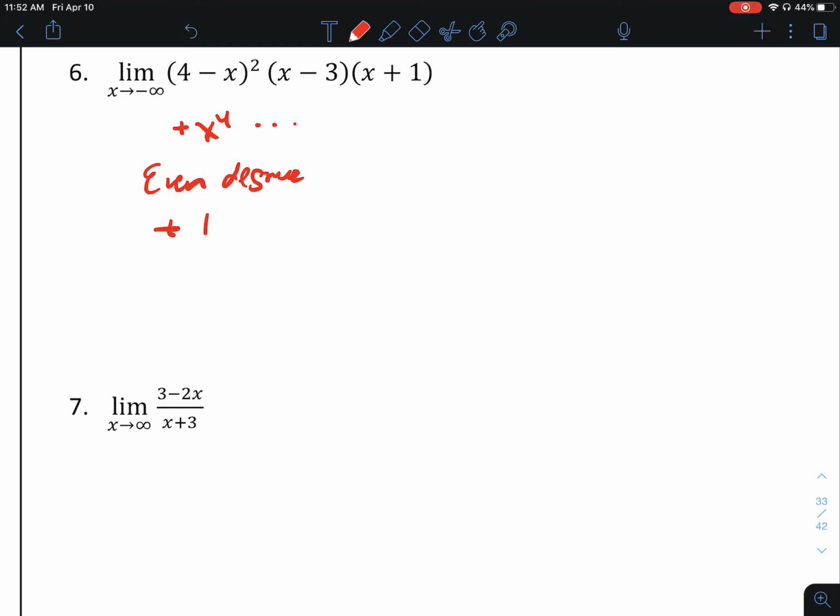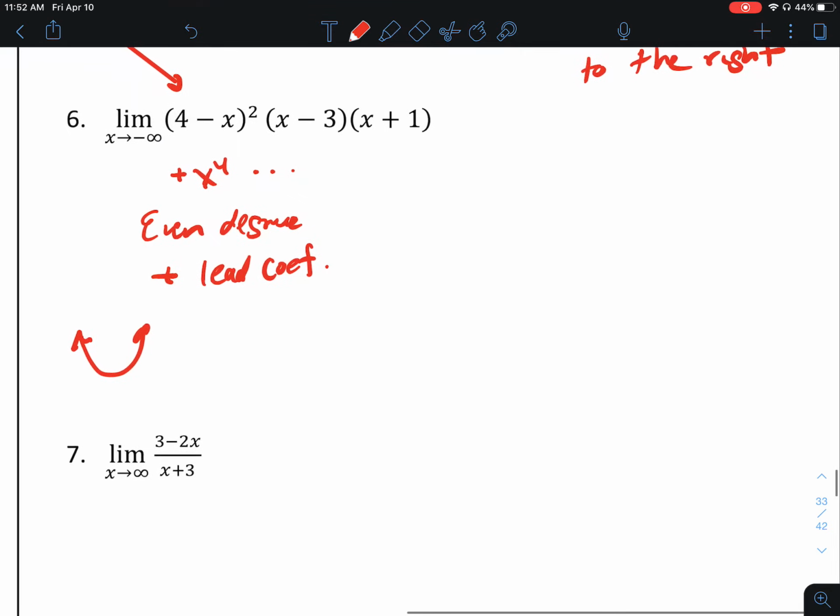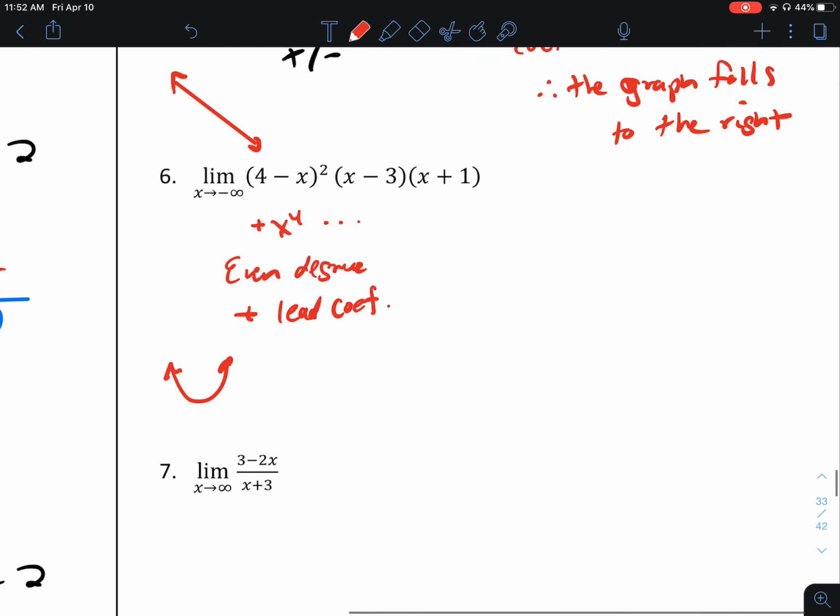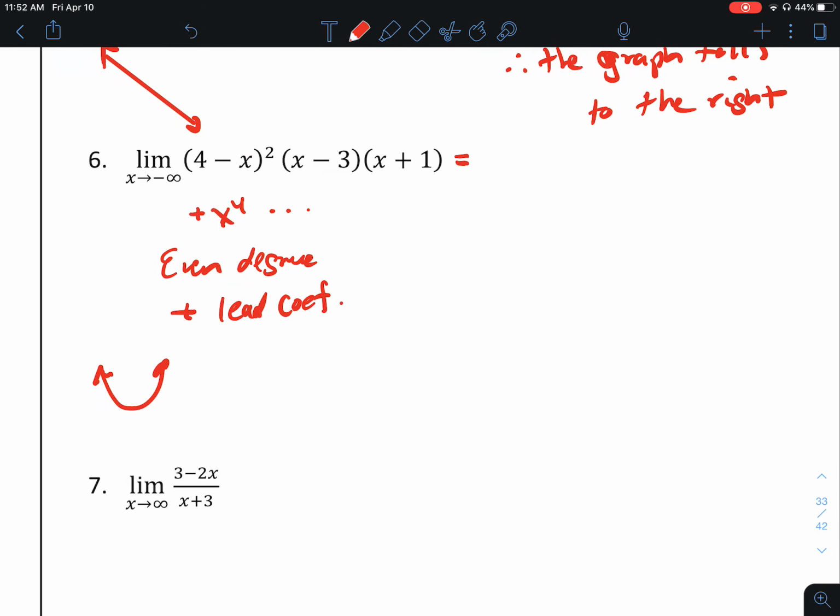and it's a positive lead coefficient. So what kind of graph has the same end behavior as that? Well, simply a parabola that opens up. So we could say, well, first of all, what's the answer to this limit? The answer is positive infinity. As we go left, it's going to go up forever. So we could say the function is even degree